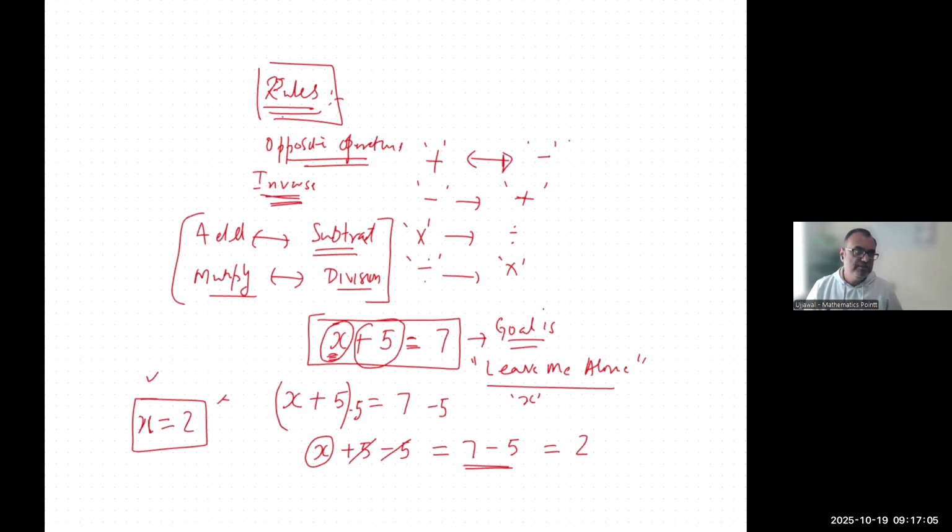Let's go to the next page and probably do one more inverse operation. I'm on page 3 now. I haven't asked anyone to solve yet, so keep the chat silent. All right, let us do exactly the opposite of what we've just dealt with. So now if I have x minus 5 equals 7,